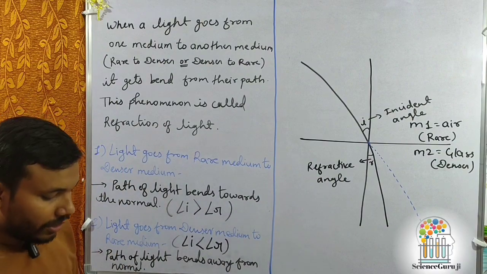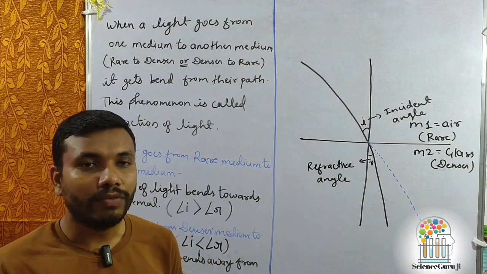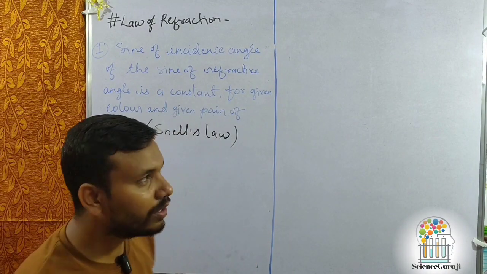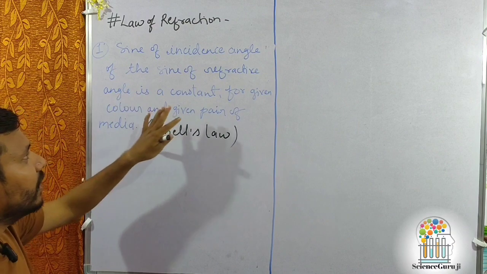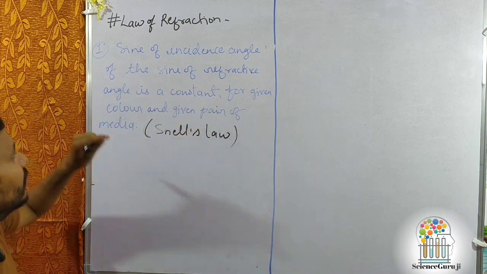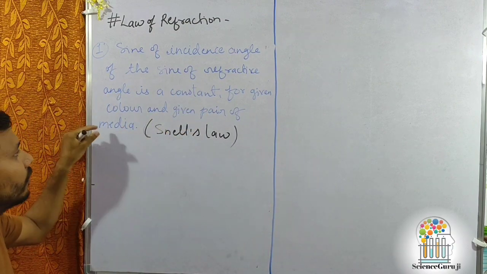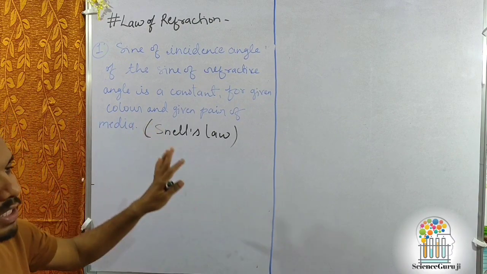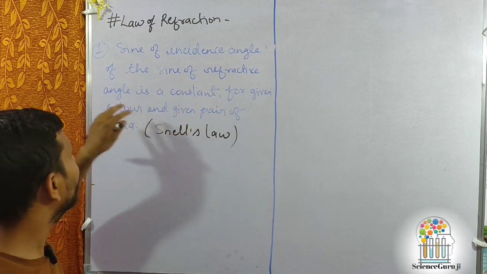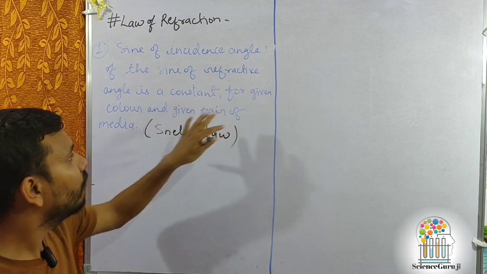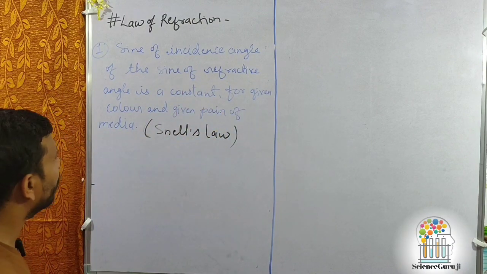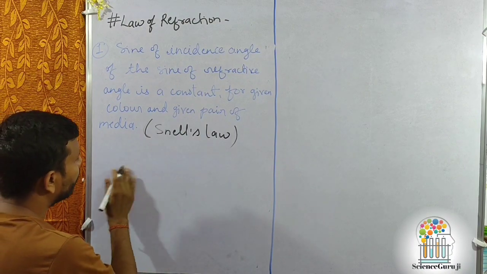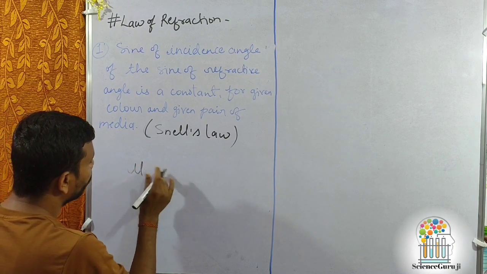Okay, next we will discuss the law of refraction. The first law is also known as Snell's law. Snell's law states that the ratio of the sine of the incident angle to the sine of the refracted angle is a constant for a given color and a given pair of media. This is shown by the formula,